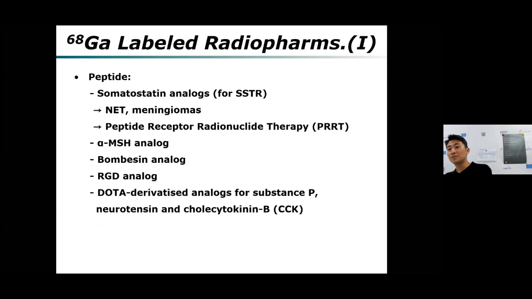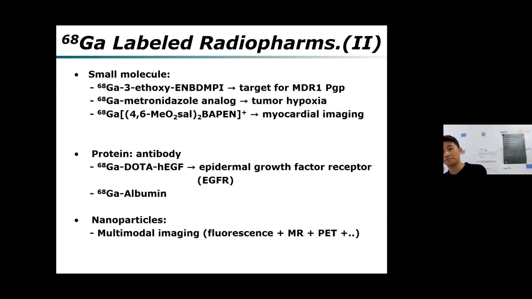There are many examples using peptides for labeling, and somatostatin analogs, bombesin analogs, RGD analogs, and other derivative analogs have already been studied. Nowadays, nanoparticles are also used with this kind of chelating system for labeling diagnostic radiopharmaceuticals or therapeutic radiopharmaceuticals